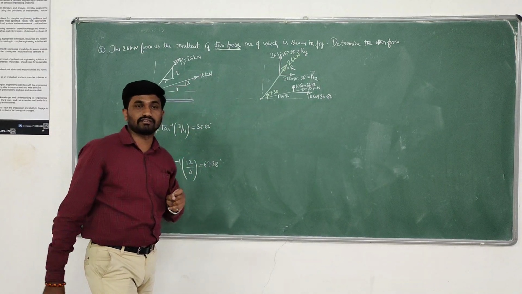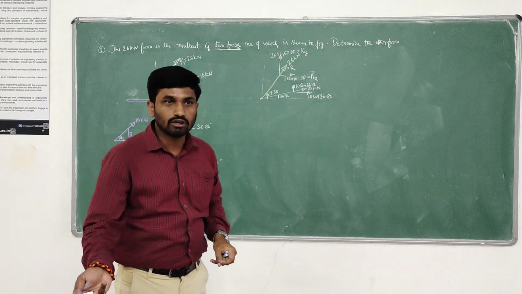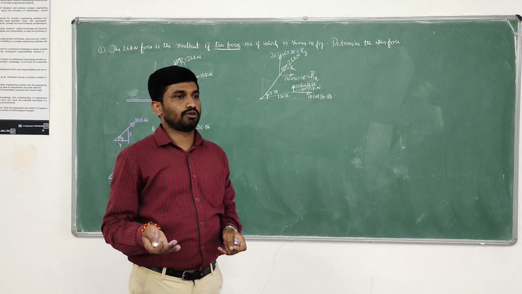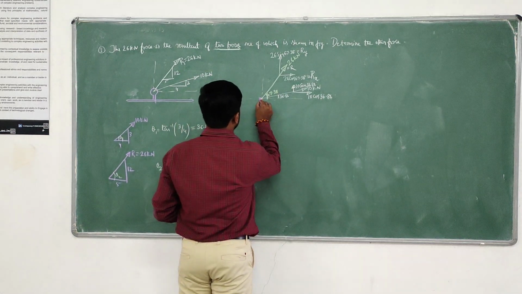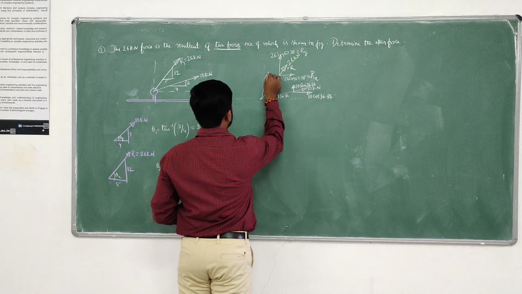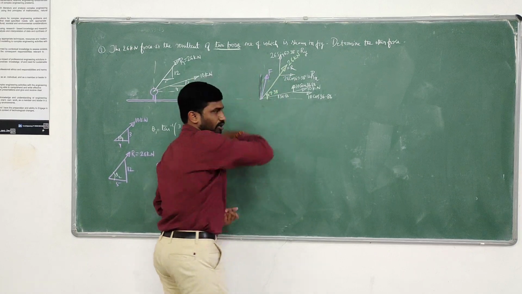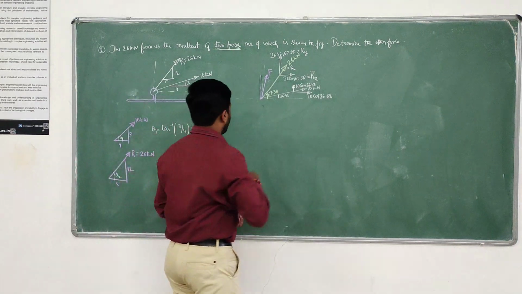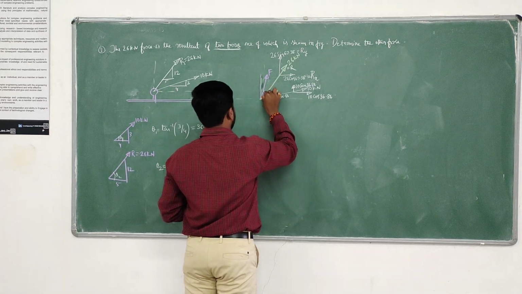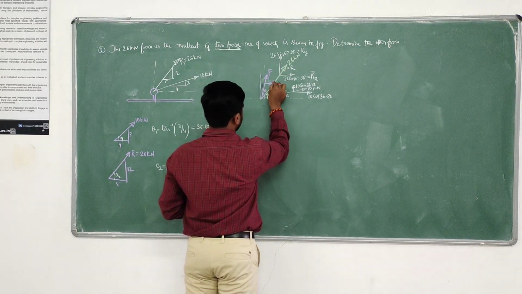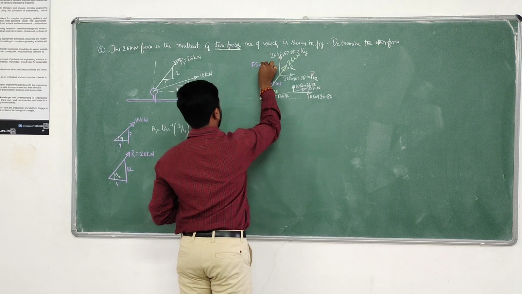The very important thing is the second force. Here one force is known, the second force is unknown. So we have to assume that second force. I will assume the unknown force as F, with whatever inclination you want, whether it may be in the x axis or in the y axis. I will assume the inclination is theta. The horizontal will become F cos theta and vertical will become F sin theta.